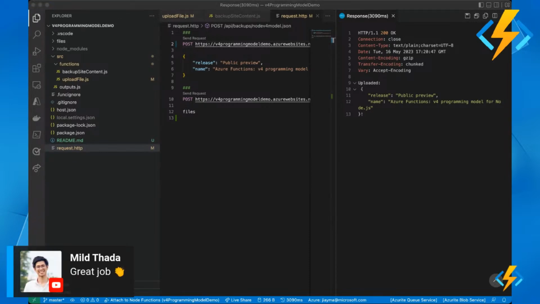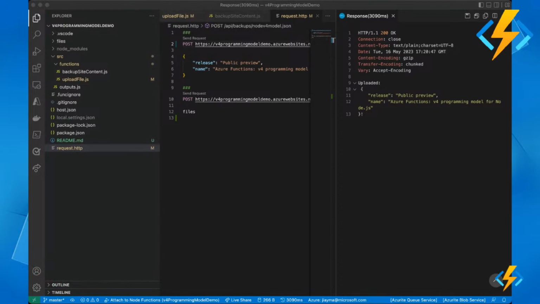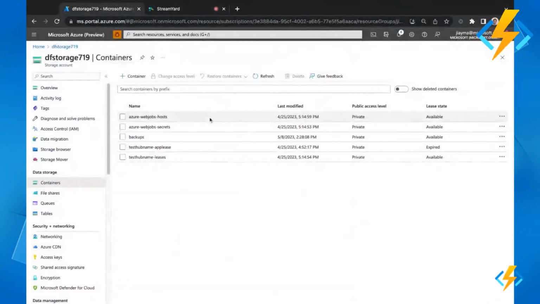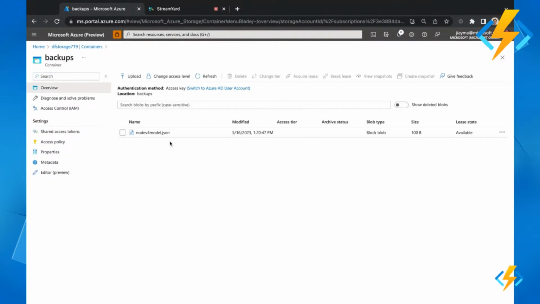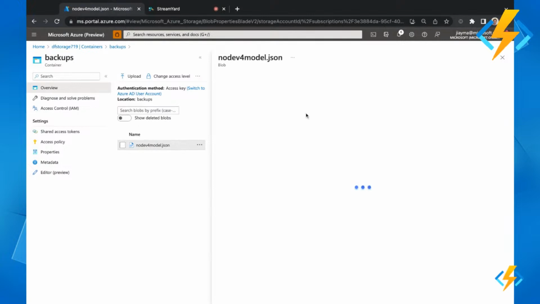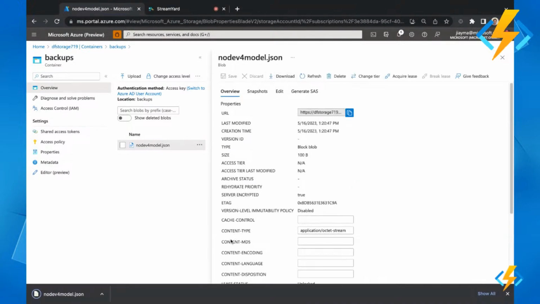So now I'm going to look at Azure Storage. Now in Azure Storage, I should be able to see what I've uploaded. So if I download this,